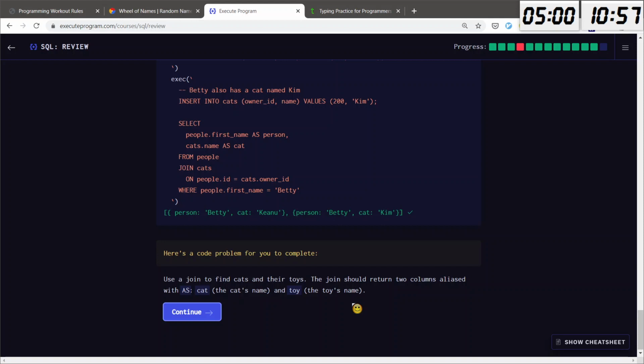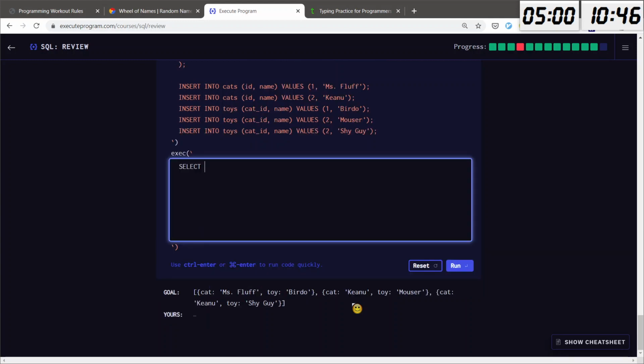Use a join to find cats and their toys. The join should return two columns, a list with as cat, the cat's name, and the toy's name. Okay, so we will select cats.id as cat. Then we will have